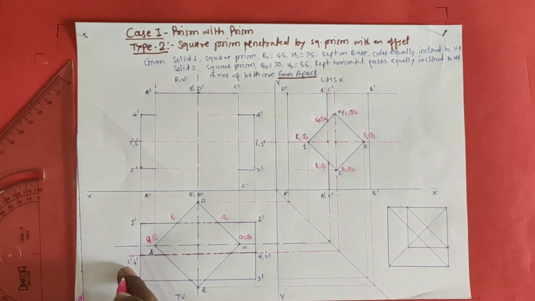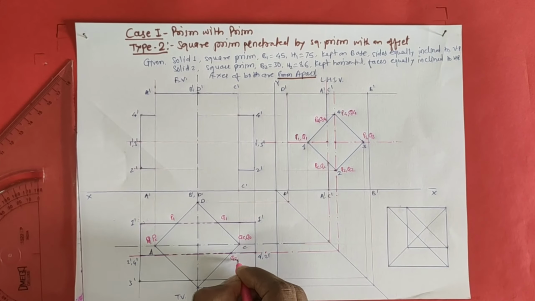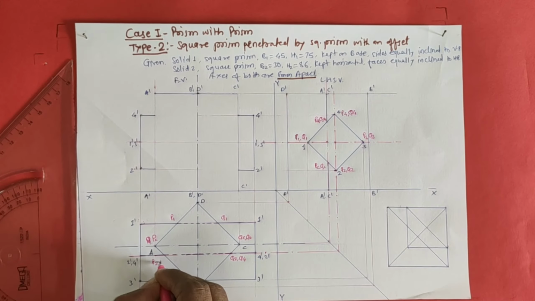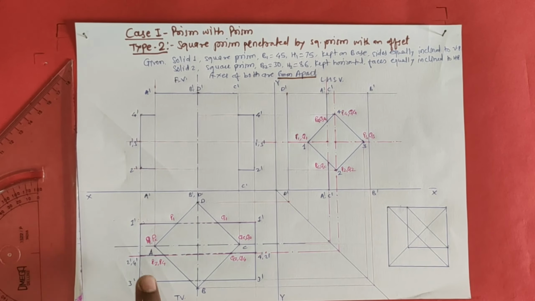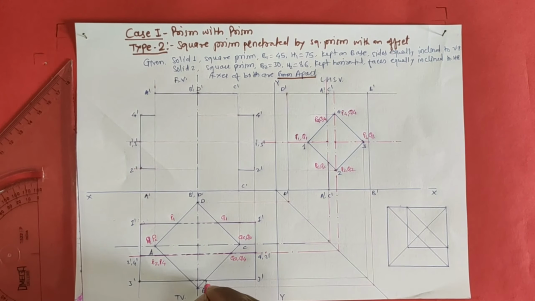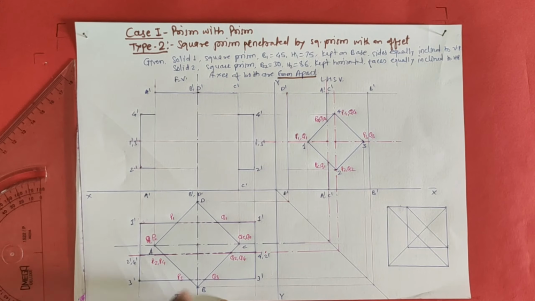So see, on this 2 dash 4 dash line to the left side you will get Q points, Q2 comma Q4. You will get P2 comma P4. Okay, 4 points and these 4 points. Last remaining P3 Q3. To the left side you will get P3 and to the right side you will get Q3. So all the 12 points we have plotted in top view. Now we are going to transfer it into the front view.